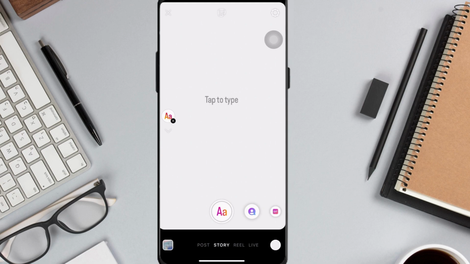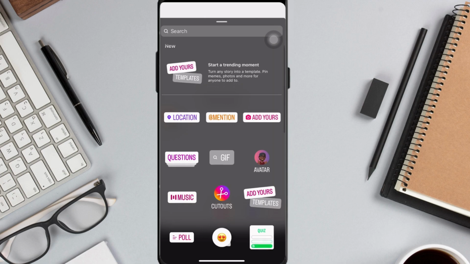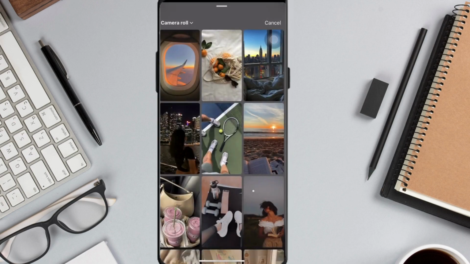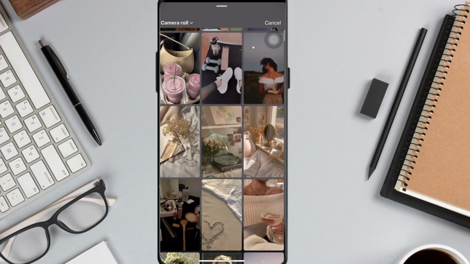Once you've selected the background that you want, click the stickers icon at the top of your screen and then look for the photo icon, which is this one. And it will lead you to your camera roll. So choose a photo from here that you want to add to your story,